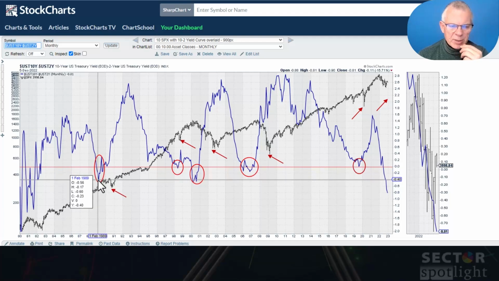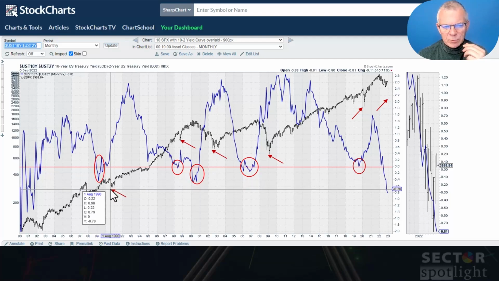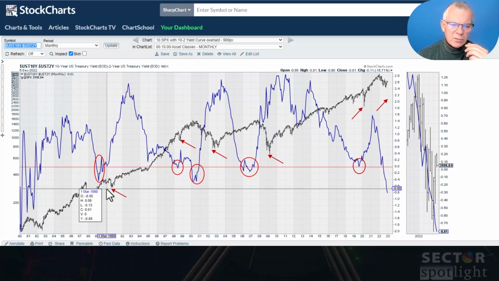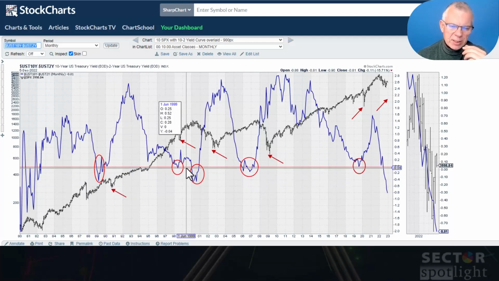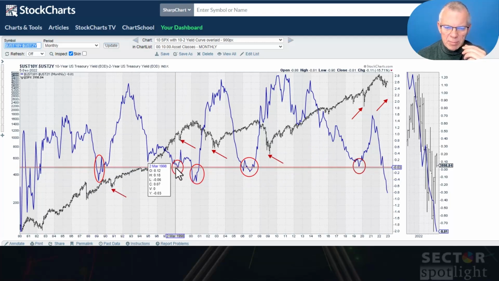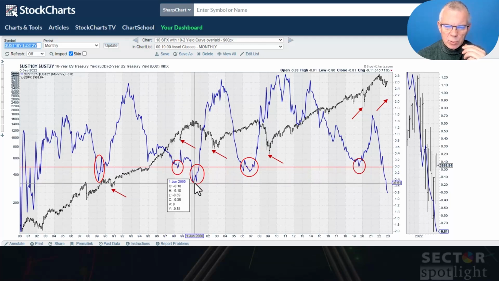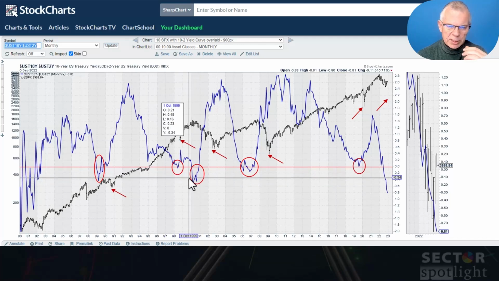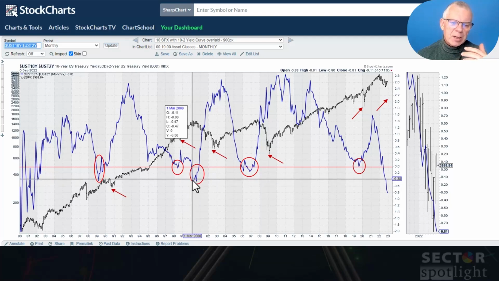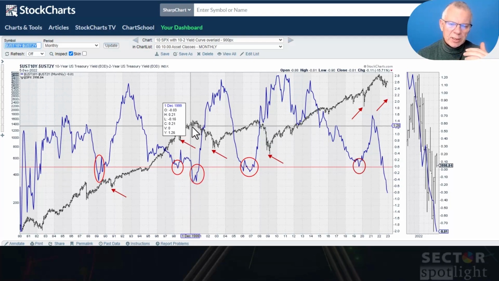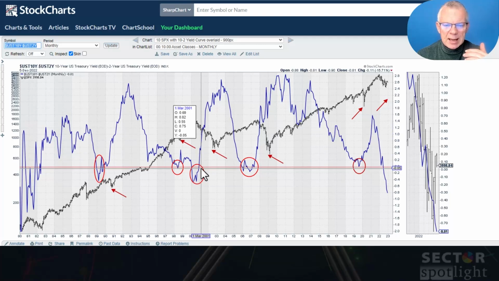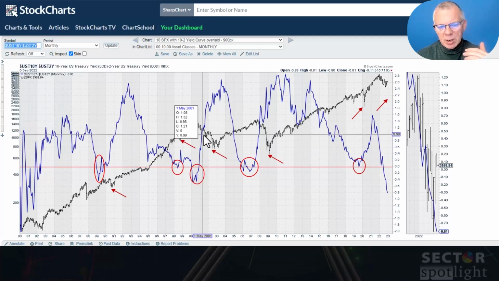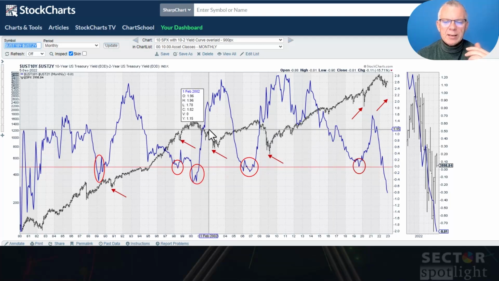You see an inversion, which is preceding a sideways and then down movement. And when the yield curve starts to flatten, the rally moves. And then these are not that strong. These are minor yield curve inversions. This one is quite a strong inversion. And you can see that the inversion took place during the formation of a peak. And we see the market dropping further when the yield curve flattens.